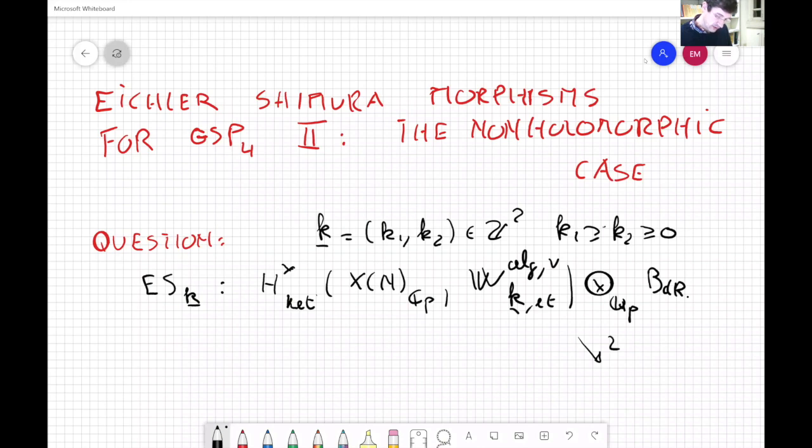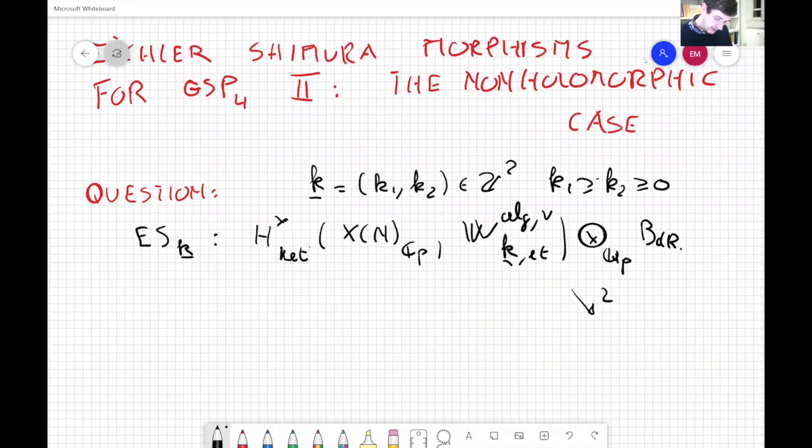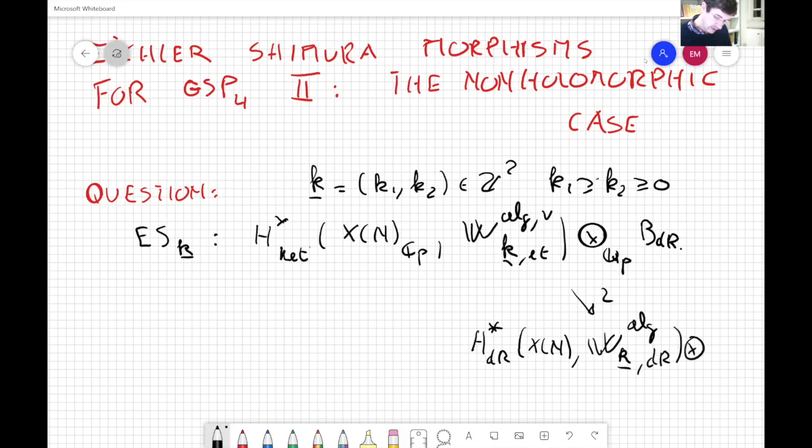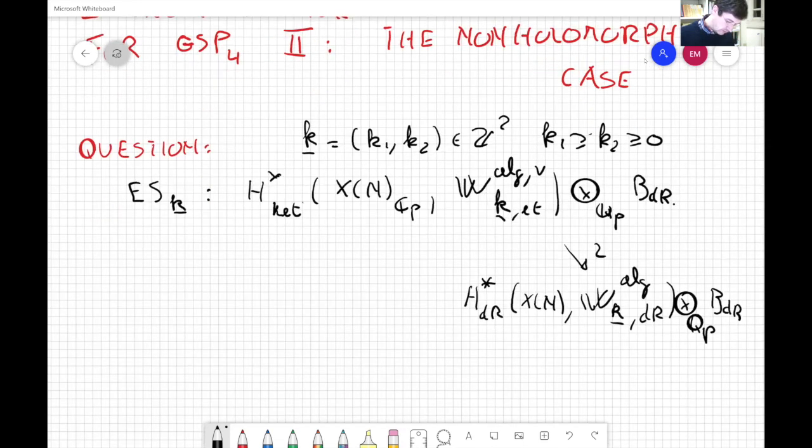So there's a duality floating around. And so that is isomorphic with the de Rham counterpart that can be defined on Xn. And here again, we have algebraic de Rham coefficients. Here we consider our variety over Qp with de Rham. So we have this, and we want to deform